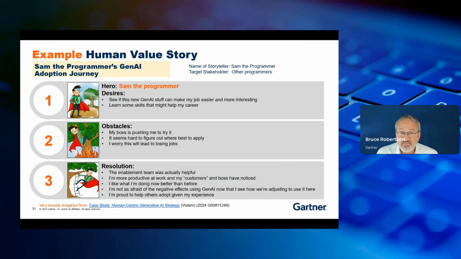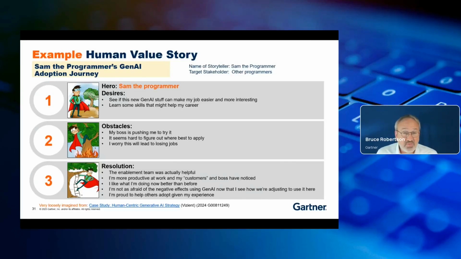Now, the problem is my boss is pushing this on me, and I'm kind of scared about what that means. I'm not sure I know what that means. It seems hard to figure out where best to apply all this stuff. And I'm worried about this leading to losing jobs, whether it's my own or maybe other people on my team. Is that going to happen? So as you can see, I have lots and lots of worries about what's going on, obstacles, you might say,